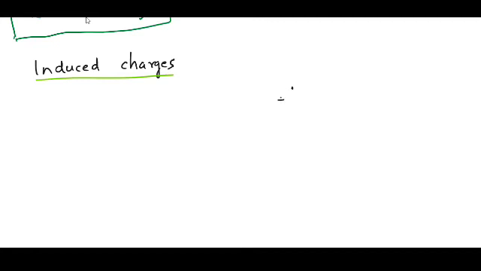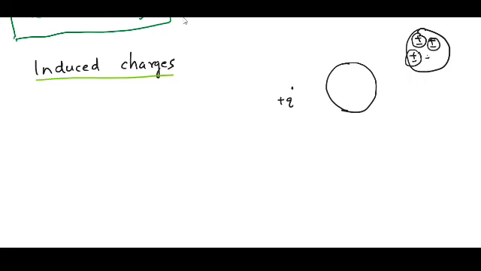If I have a plus Q charge here, I bring a neutral conductor, that is represented by this one. Neutral conductor means this conductor has neutral atoms. That is, the total charge of this conductor is 0 because this has equal number of positive and negative charges. And if I keep a positive charge near to this neutral conductor,